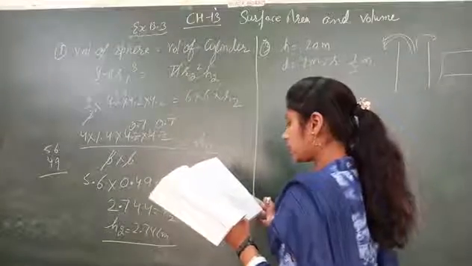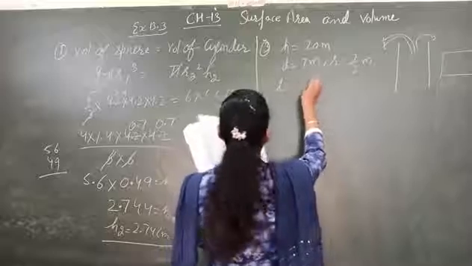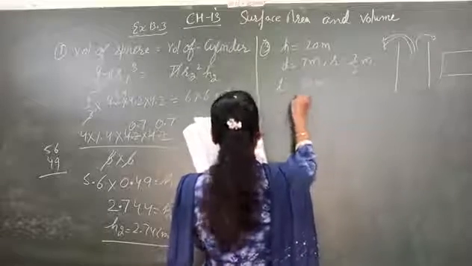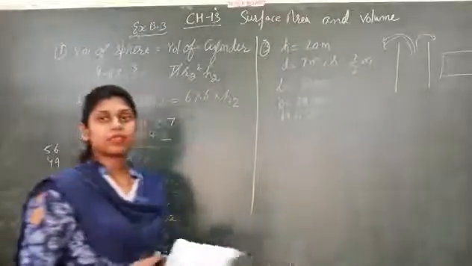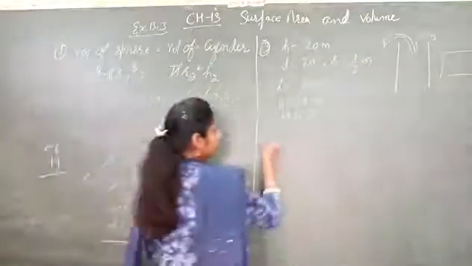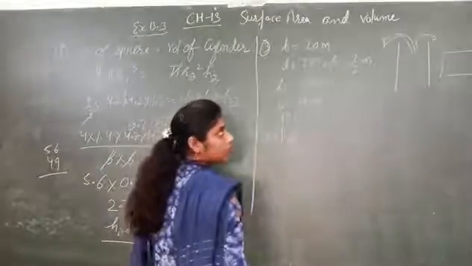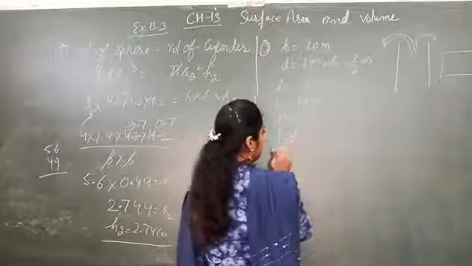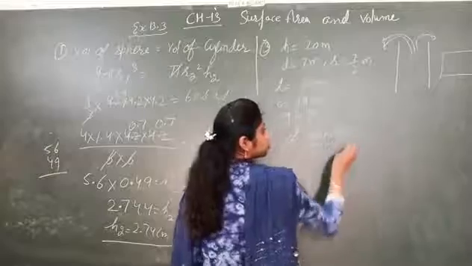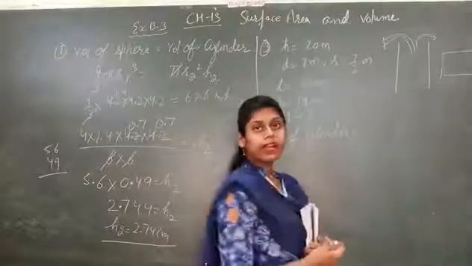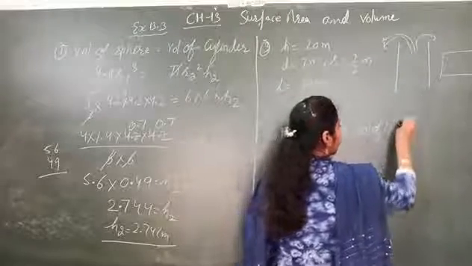Earth from digging is evenly spread out on the platform. Length of platform is 22. Breadth is 40. We have to find the height, that is capital H. Clear? Now compare the volume. You can write volume of earth taken out from the well, or you can write volume of cylinder, is equals to volume of the earth spread on the platform, which is equals to volume of cuboid.